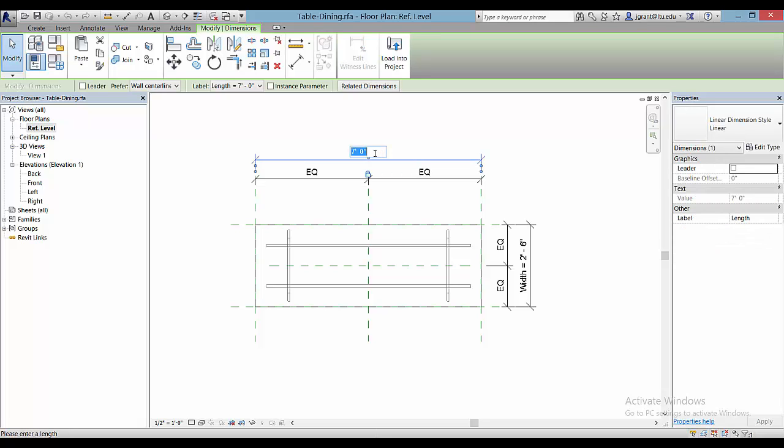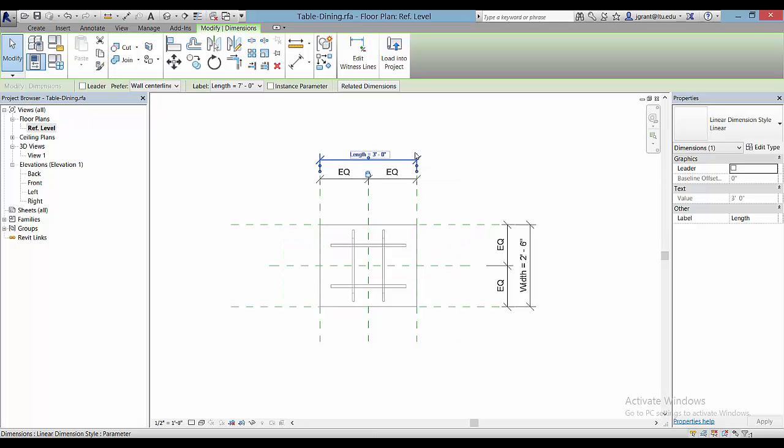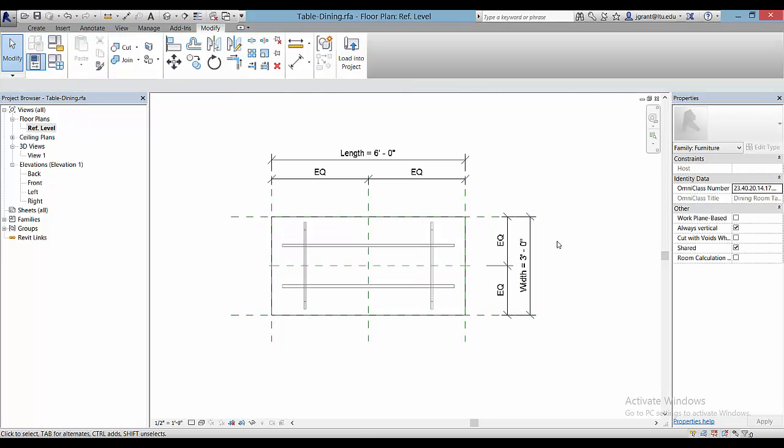So if I change this length from 7 feet to 6 feet, you'll see that the table ends change automatically. And you see how it's going from the center outwards? That's because that dimension is equal on both sides. So you place a dimension, you pick the lock, and it's set as being equal. The width parameter does the same kind of thing. We'll change that to 3 feet and see that it will also update there